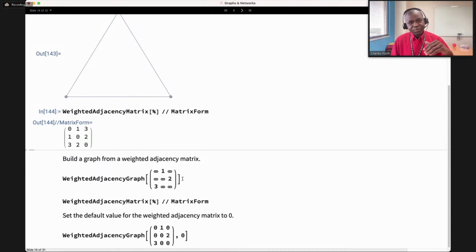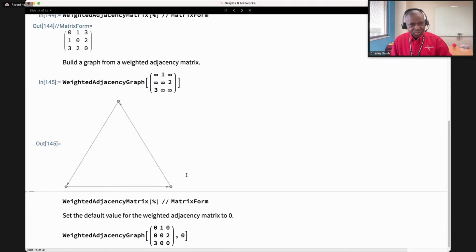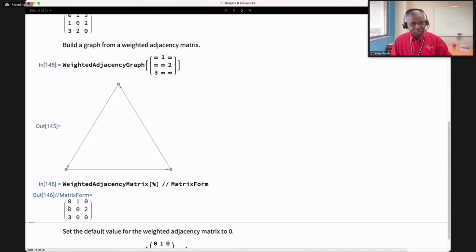So conversely, you can also have the matrix and build your graph. So we have a weighted adjacency graph. So there you have the corresponding graph from the weighted adjacency matrix. And the weighted adjacency matrix can show you exactly that. So one thing you will notice here is that